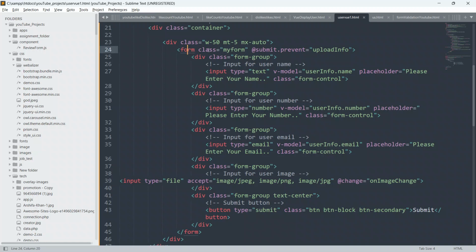This form has the class myform and @submit.prevent, which we run when the user hits the submit button.